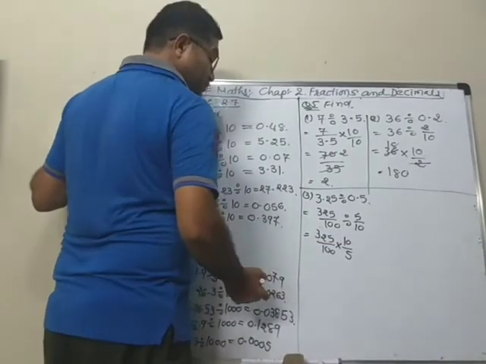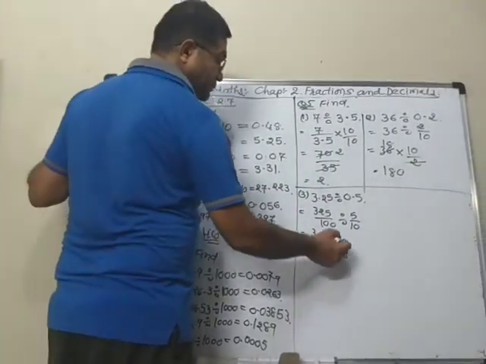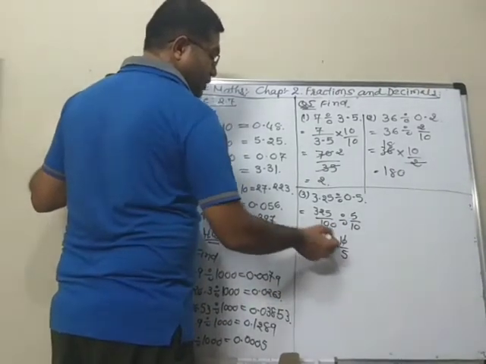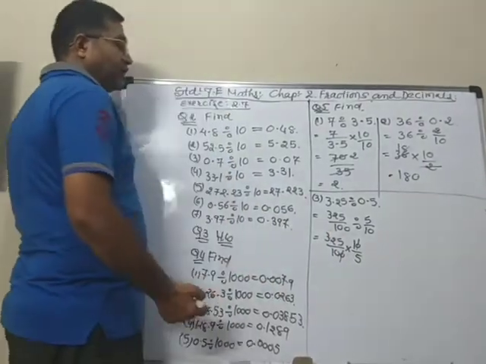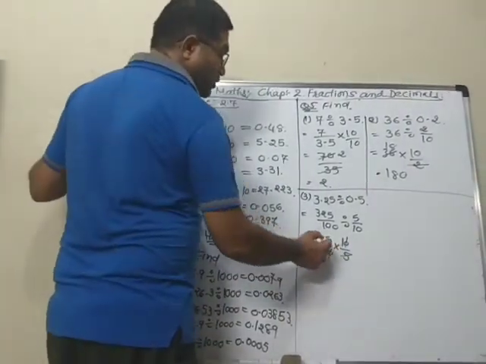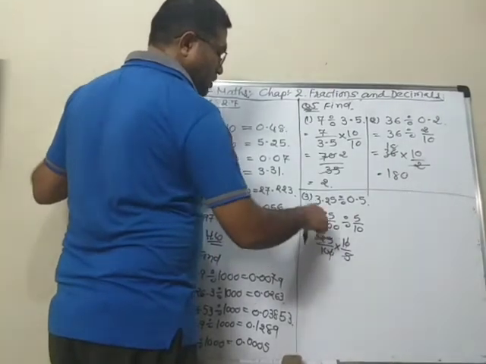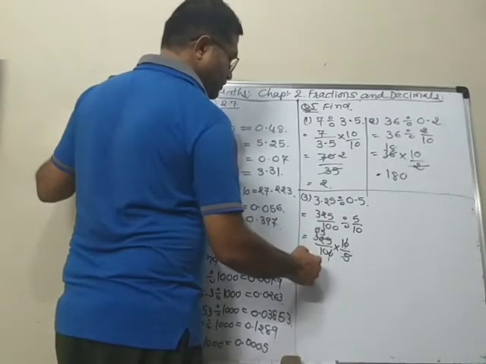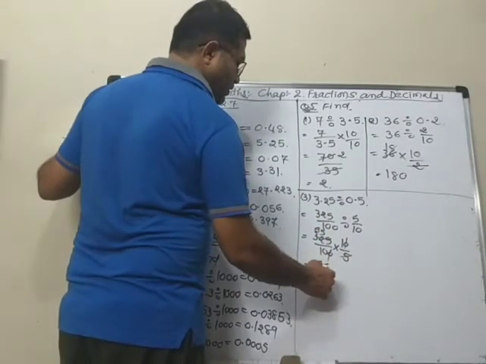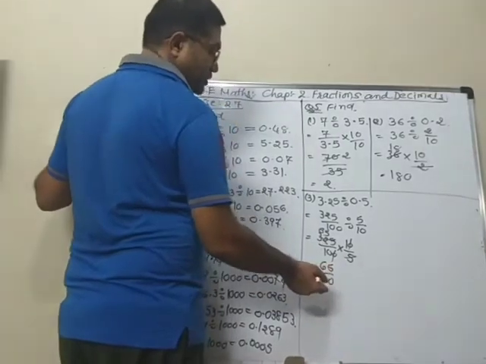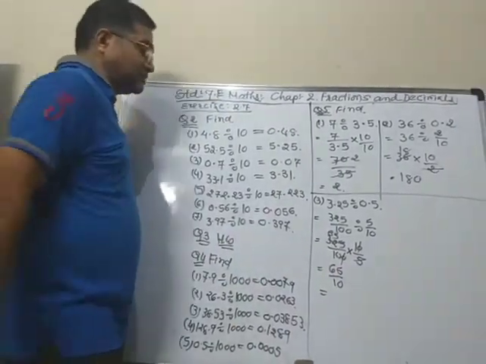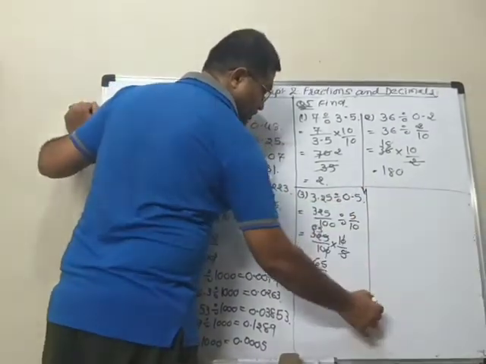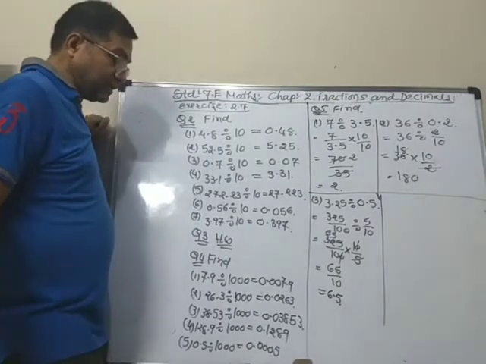So now we can do the cancellation, like zeros are cancelled. Now you can do the division 325 divided by 5. 5, 6 are 30. 5, 5 are 25. It is equal to 65 upon 10. Now we know that we divide by 10 means we have to put one decimal. So it is equal to 6.5. That is the way we can do this division.